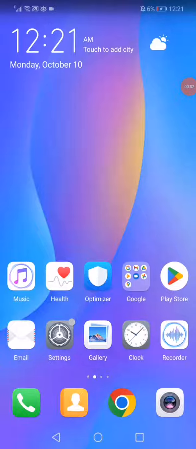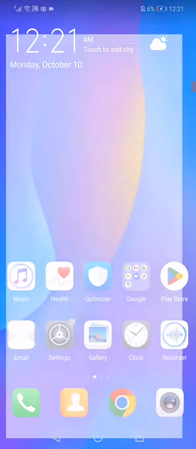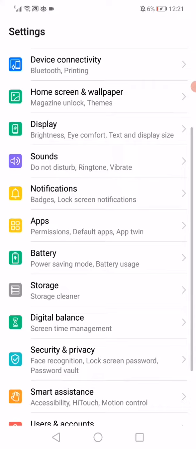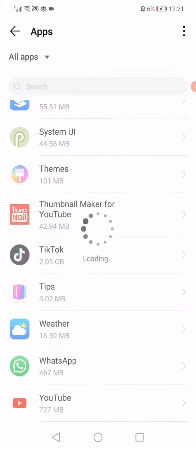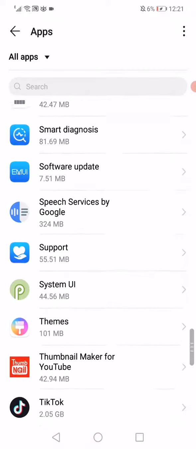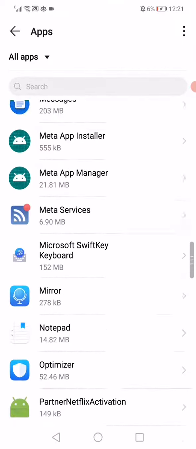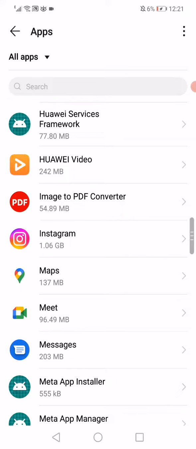How to fix Instagram keeps crashing on your Android phone or even your iOS. So all what you have to do to fix it is very easy and fast. Go to settings on your phone and go to the apps manager as you can see right here. Go to apps and then search for Instagram between all the apps that you have right here and click on